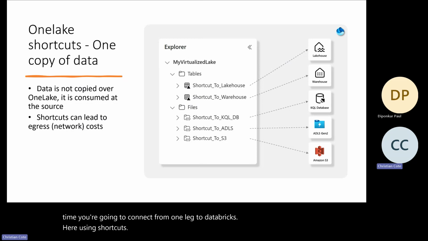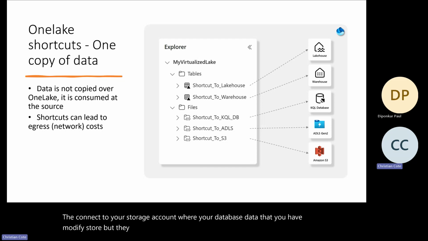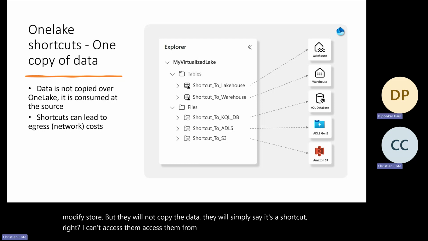Shortcuts basically connect to your storage account where your modified Databricks data is stored, but they will not copy data. They simply say it's a shortcut, and I can access them from the Lakehouse. We only see the metadata, the table definition, the fields.